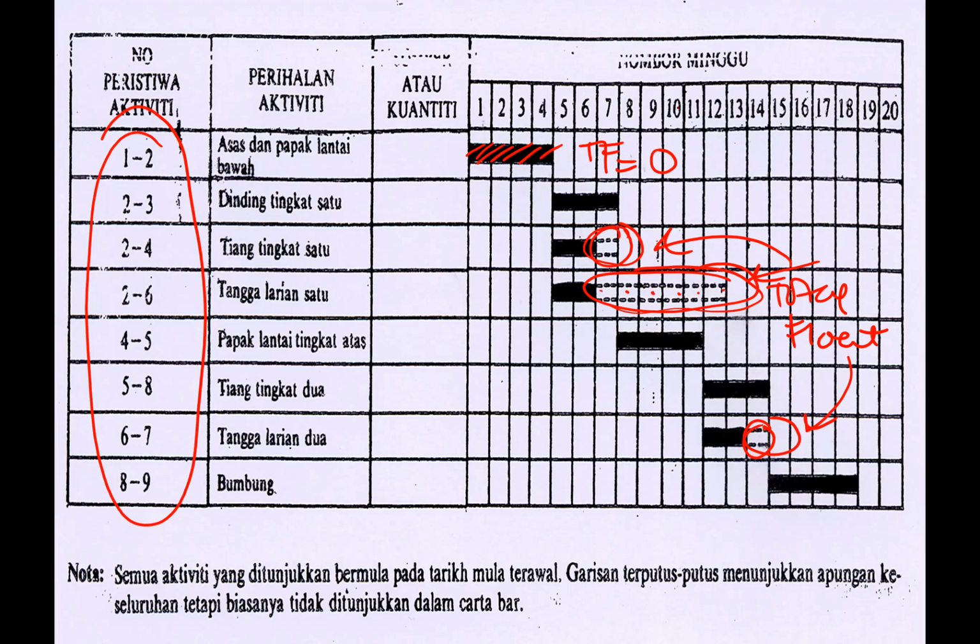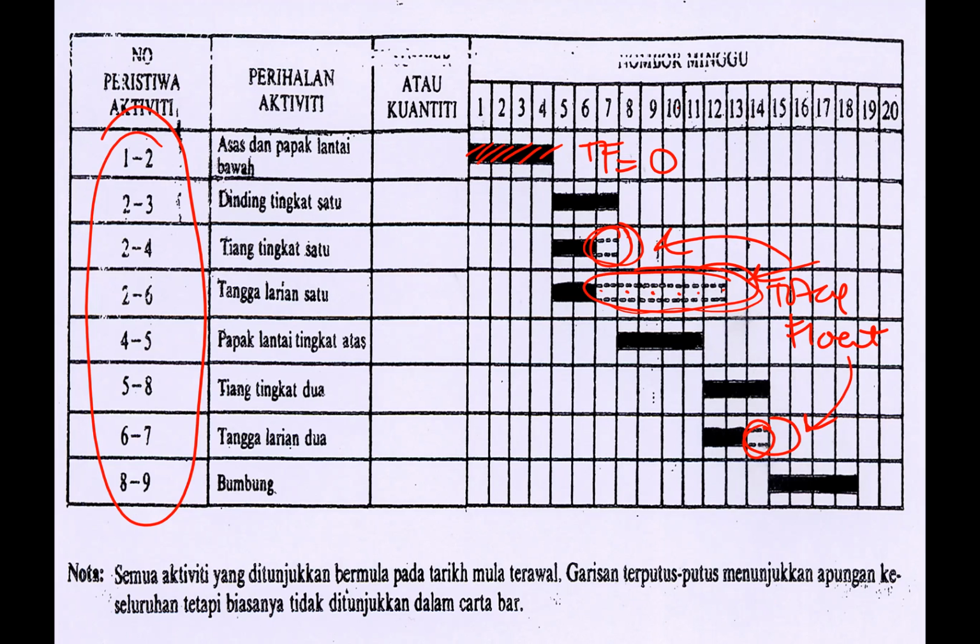Okay, so what is the importance of total float? Why in our previous classes did we want to calculate early start, early finish, late start, late finish, and total float? What is the purpose? What is the function? Why don't we just simply calculate the project duration and that's it? Now I'm telling you, there is a purpose for whatever we have been talking about